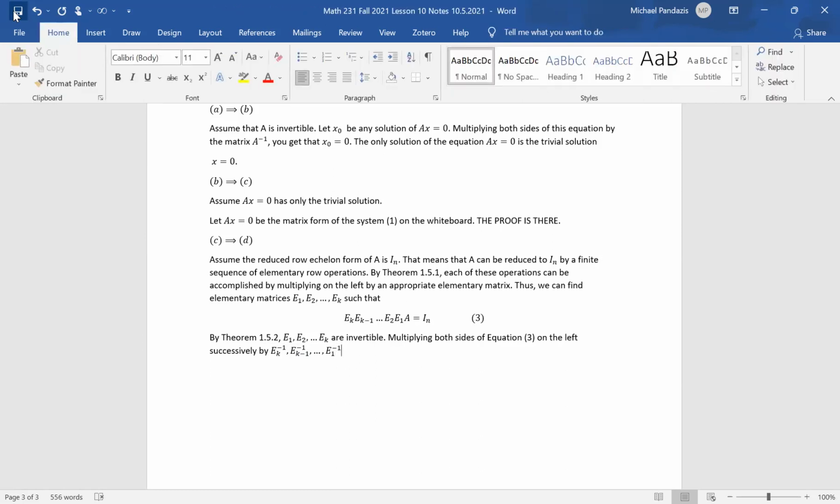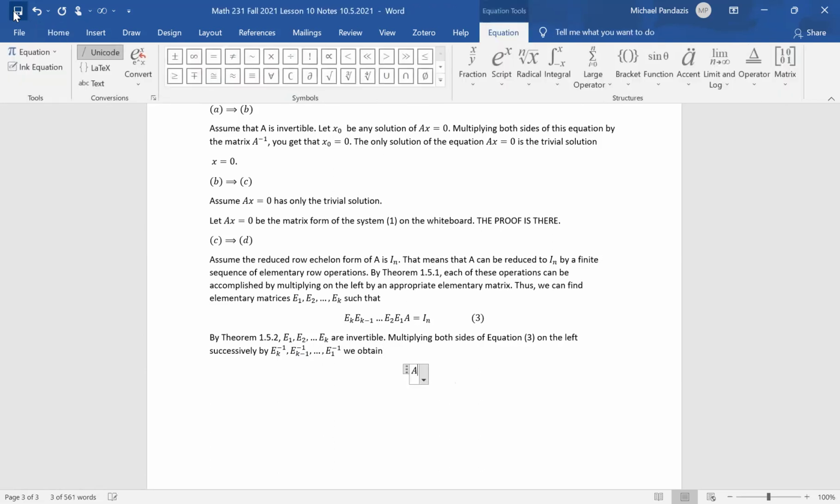So multiplying both sides of equation 3 on the left successively by Ek inverse, Ek minus 1 inverse, ... E1 inverse, we obtain that A is equal to,